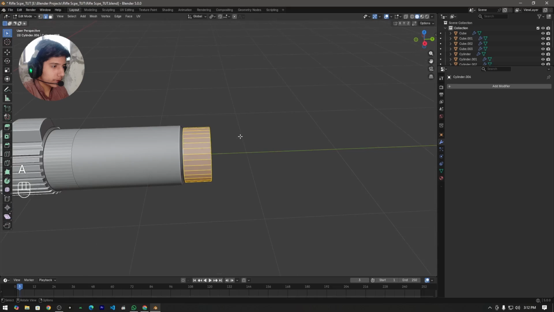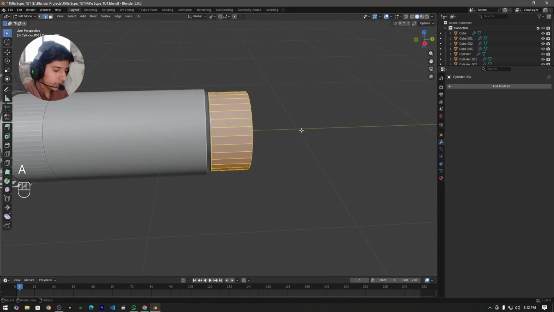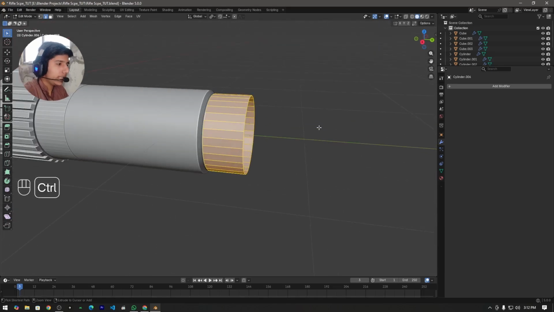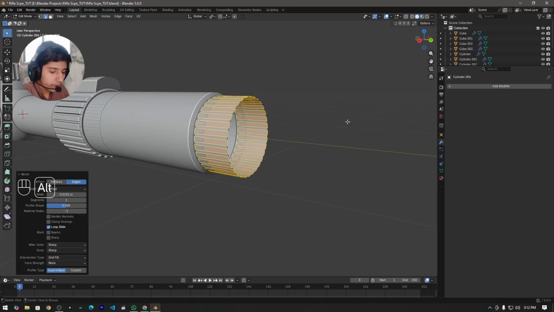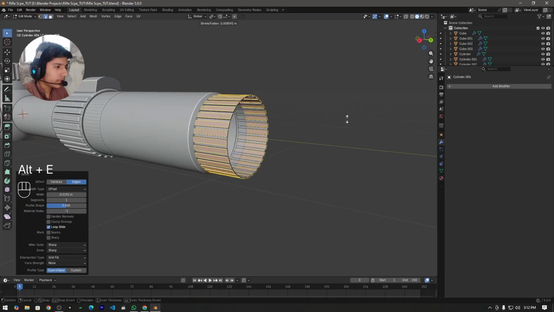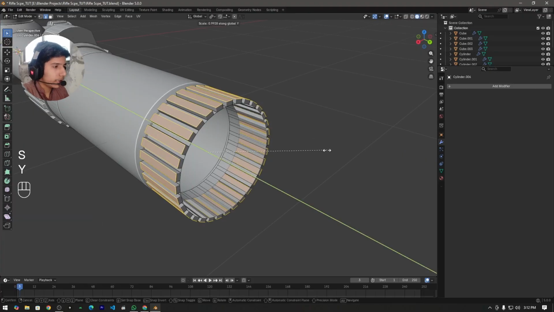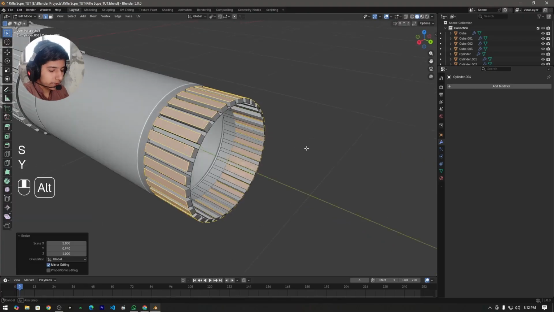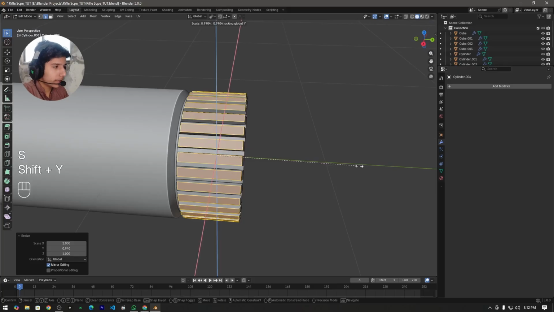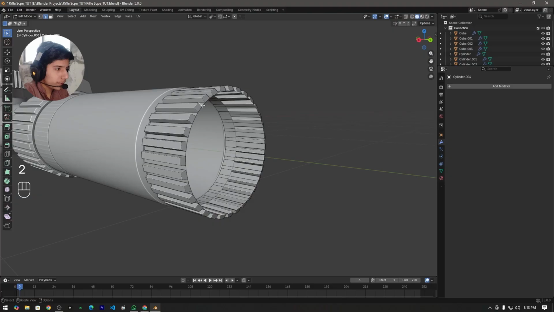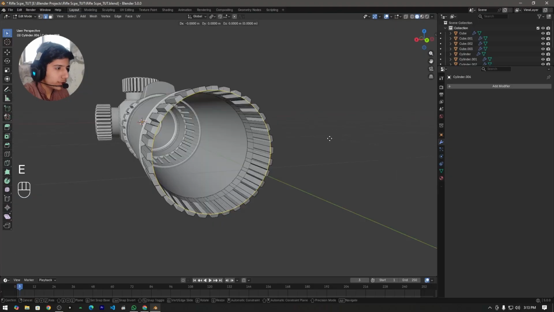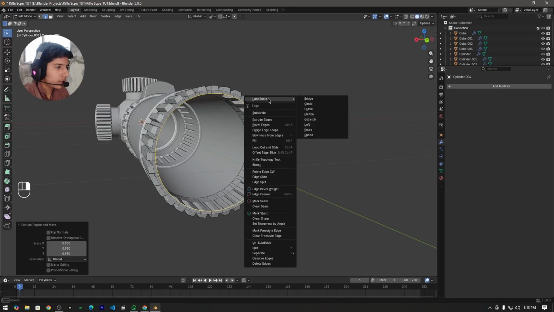Now select everything, press A to select everything, Ctrl B to bevel it, Alt E extrude faces along normals just like before, S Y and then S shift Y, and then select this edge loop, press E to extrude it and scale it down, press right click, loop tools